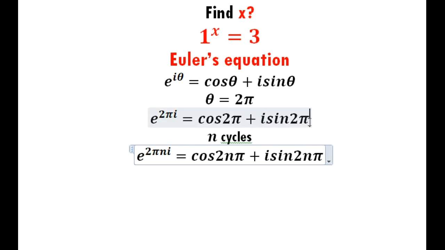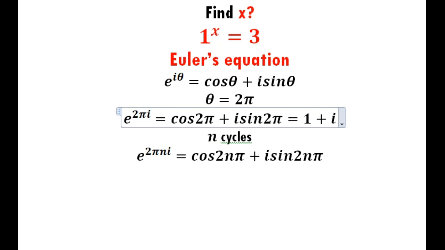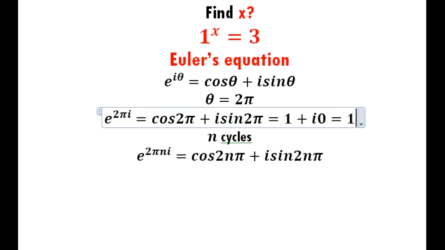Now start with the first case here. Remember, cos 2 pi is the same as 1. Then it is plus i, then sin 2 pi is 0. So 1 plus 0, since i times 0 is 0. You'll remain with 1 plus 0, which is 1. So it therefore means when n is any integer, for the n number of cycles,